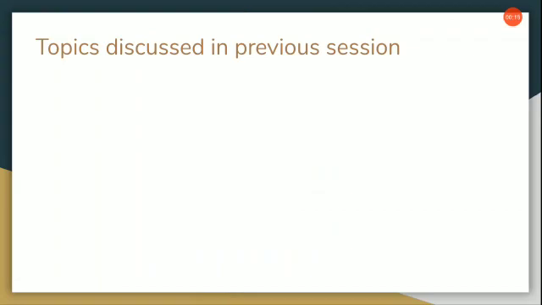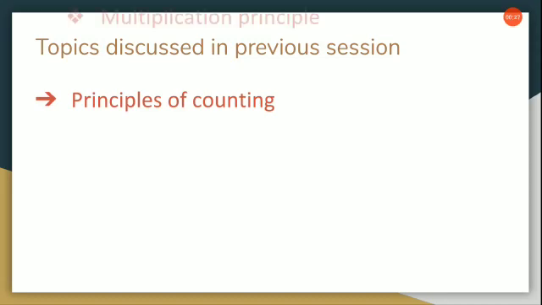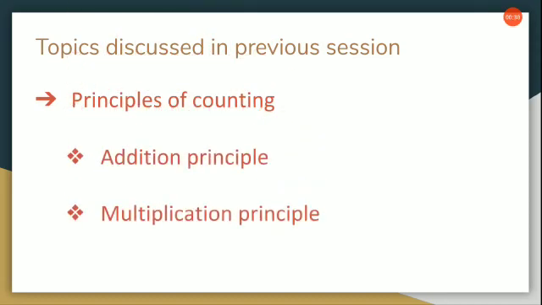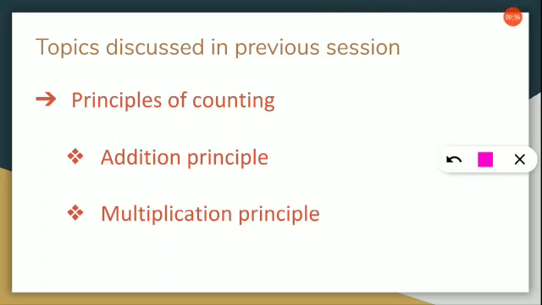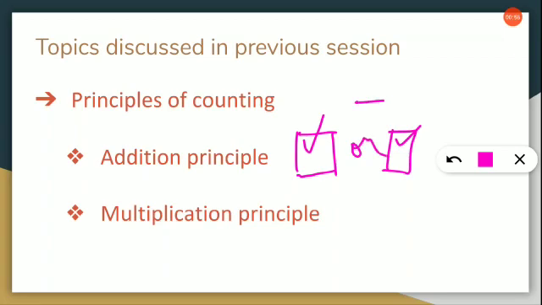What did we learn in last class? We learned about the principles of counting. Do you remember? There were two principles, right? What are they? Addition principle and multiplication principle. Very good. What is addition principle? If it is either one, that is, you are having two options. We saw an example, right? Here were a list of tiffin items and here were a list of meal items. You are going to eat only one food. Okay? So in chances of this, when you are having this or that, we will be adding. That is called as addition principle.